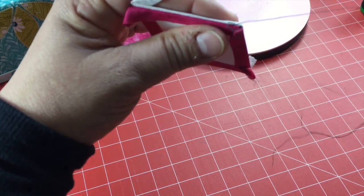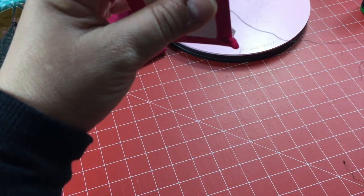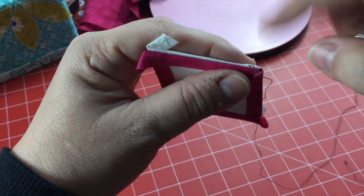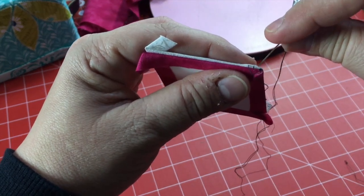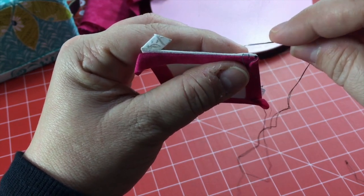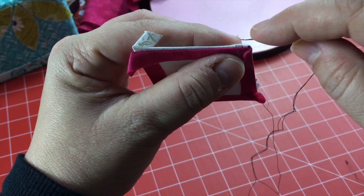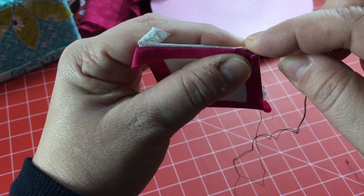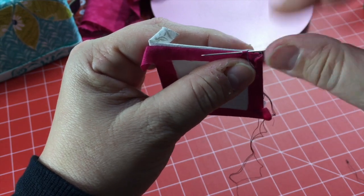Where are you? There you are. There's the end. Okay, so here's the stitch. You can see that little stitch right there. There's the black stitch. And now my thread's coming up in the side of the white piece. So now I'm going to go directly across into the pink, right in that top seam, and take my stitch,